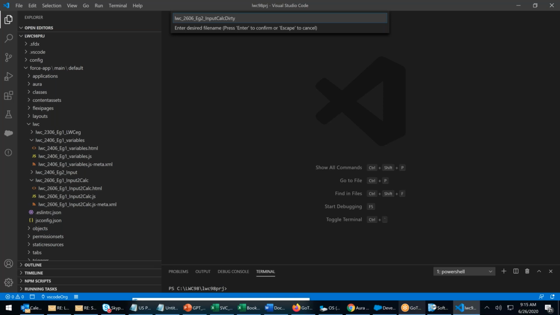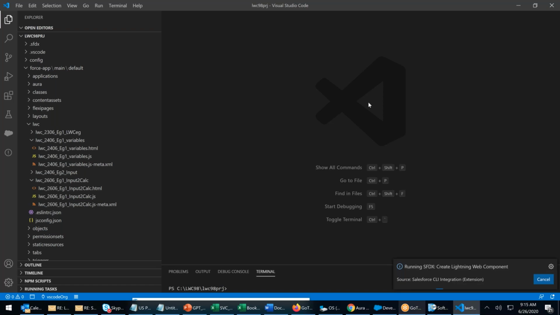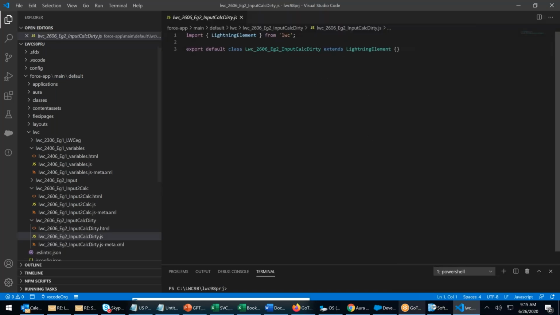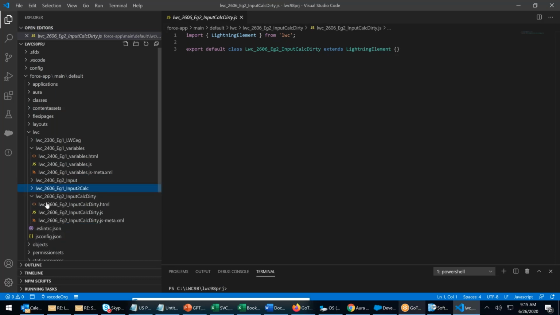I'm giving a name itself called dirty. Don't you do it this way. If you don't know, then only do it. It's creating a component now. LWC component is created. Example one I'm closing.